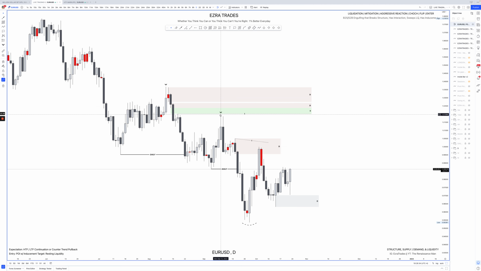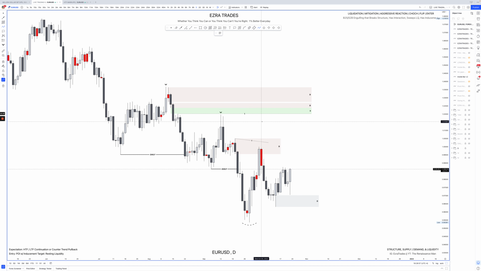So in that case, in my mind, now what we have is the most recent leg from this high to this low. Now you can see that price came back to mitigate above 50% as well. We also see that the daily break of structure, the most recent one, is also around that 50% territory. So keeping that in mind, I have to understand that because of the higher time frames,